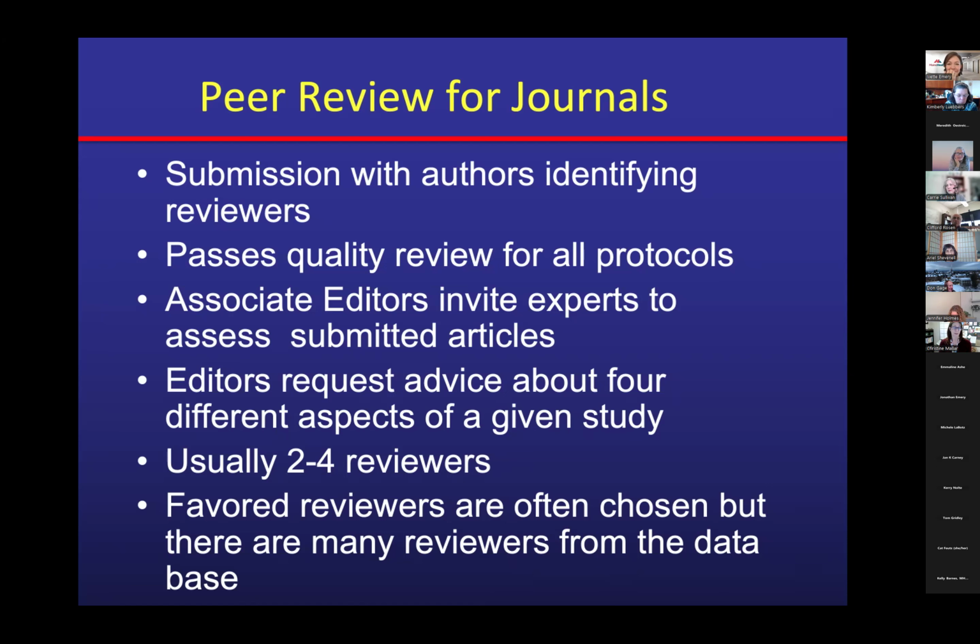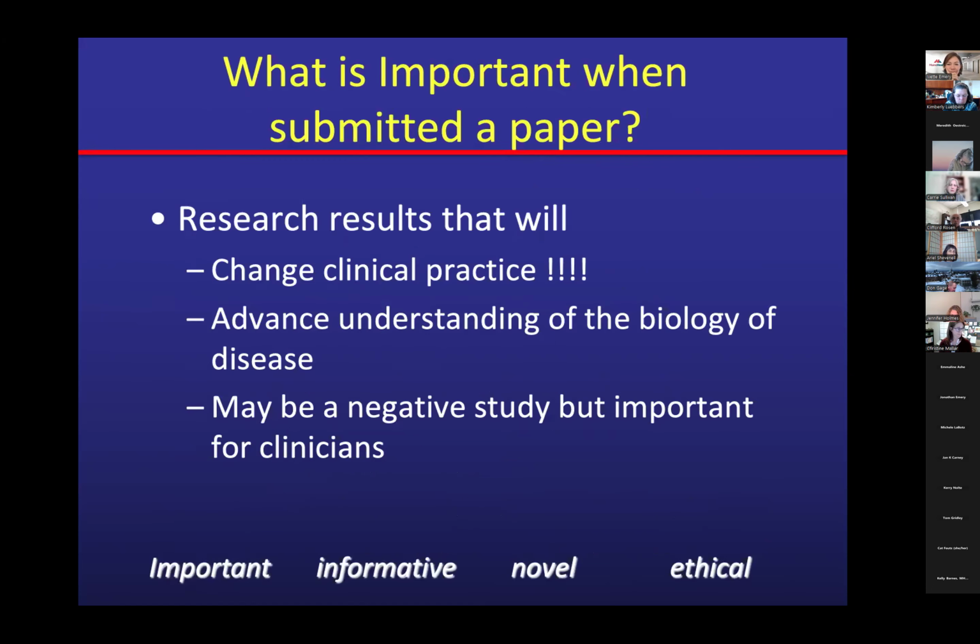So the subjective decision making from the author. I'm going to submit a paper to the journal, and I'm going to recommend A, B, C, and D to review it, and I'm going to recommend E and F not to review it. Well, we often, as editors, once we get those requests, will take one person from each side and put them in as reviewers, as well as getting another person from outside that has not been suggested by the author. And usually we get between 2 and 4 reviewers.